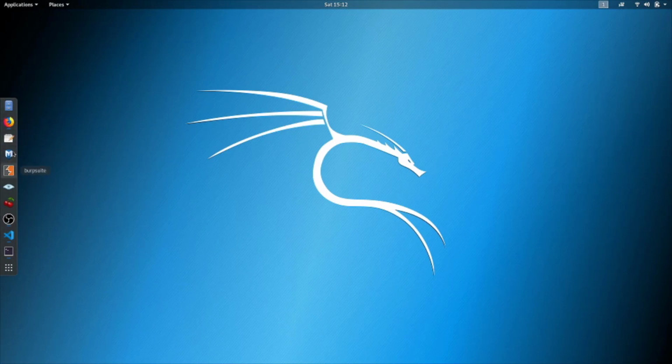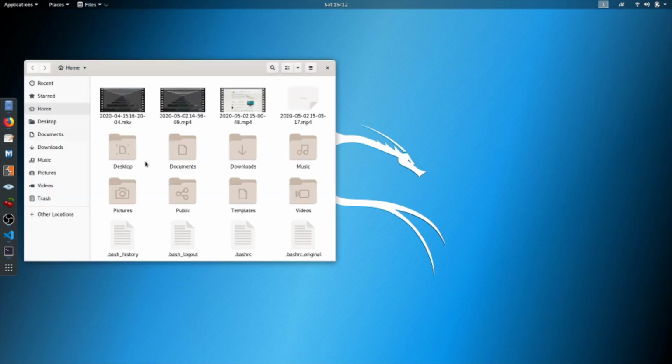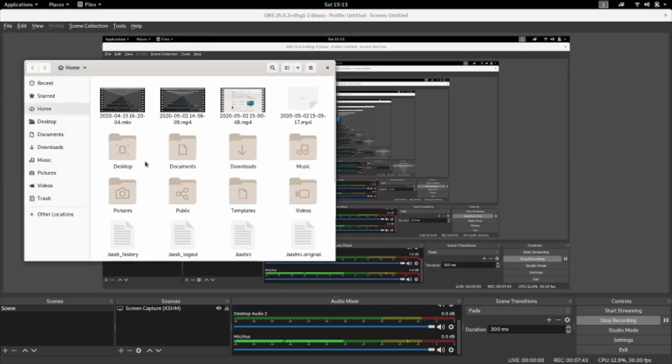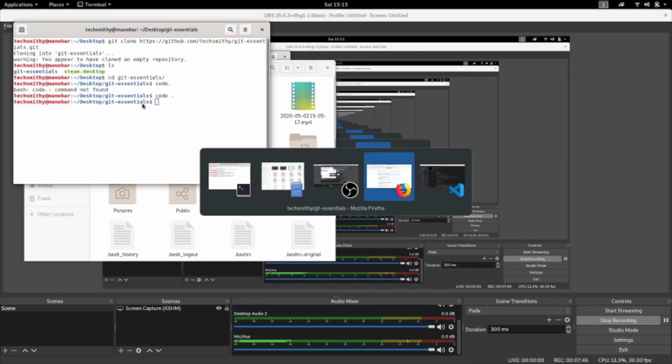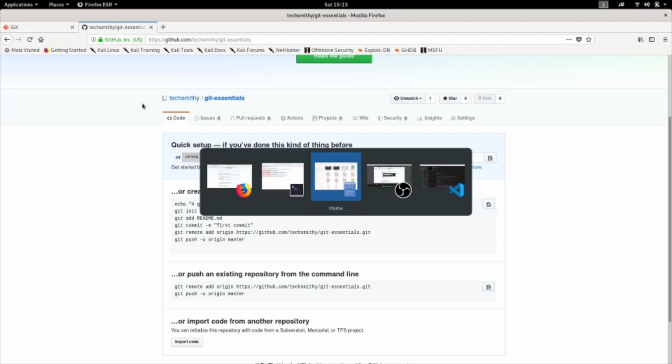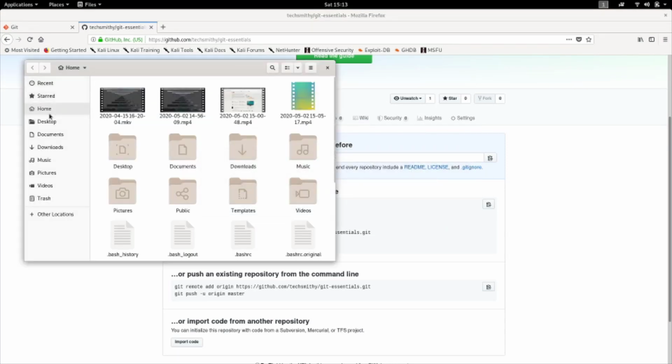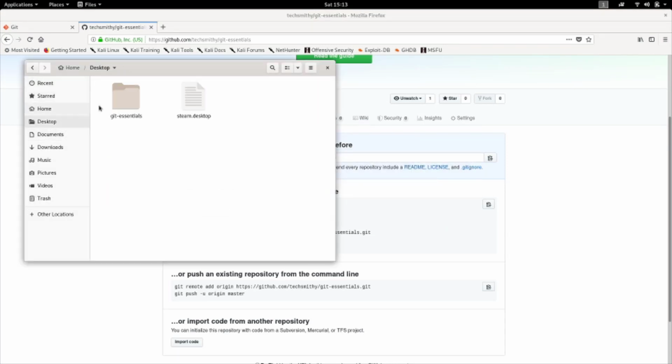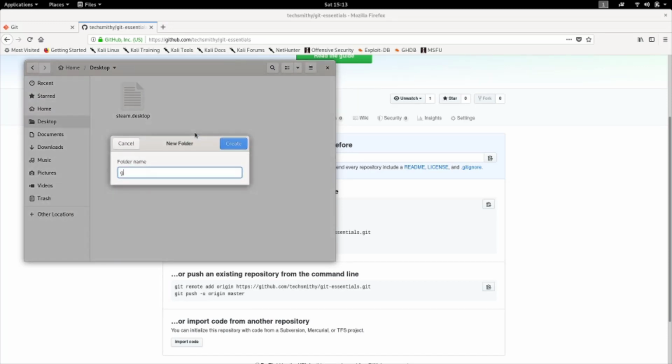Let me go to the file manager, the desktop. I already have this git essentials. Let me remove that. Now let me create a folder here, git essentials.